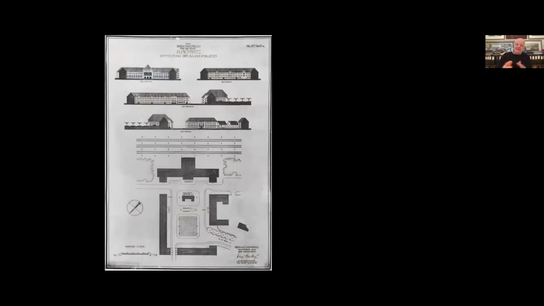It was that investment that came with the synthetic rubber plant that also allowed for the planning of a new city of Auschwitz, a city for 65,000 people that was going basically to house all of the workers of the plant. And here we see one of the designs created in 1941 for the new railway station in the city. Basically, German planners created a full set of plans to create this new city that was going to provide German workers with what were considered minimal German standards of comfort and aesthetic